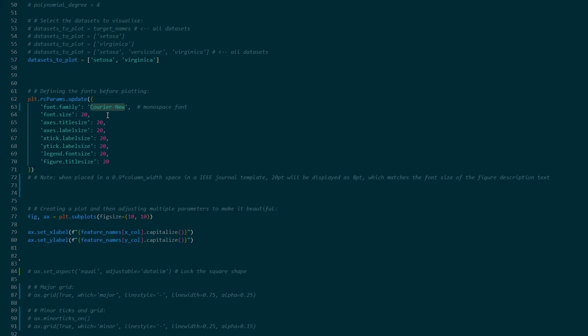And then you may set the font size for your entire figure or for different elements of the figure. For example, for axes, for ticks, for labels, for legend, etc. In this case, I already performed some experiments, and I know that I should better use font size 20 points in this example. And I know this because I will be working in an IEEE journal template, and that template